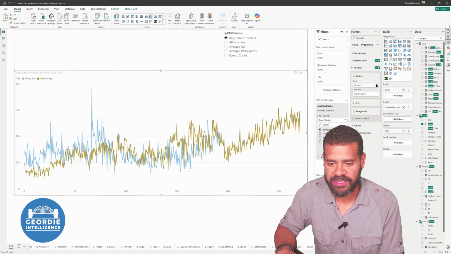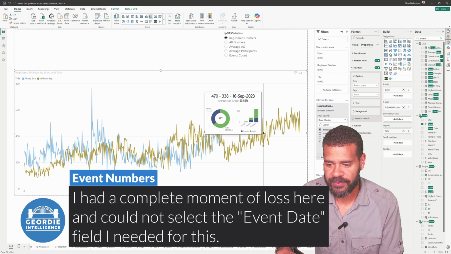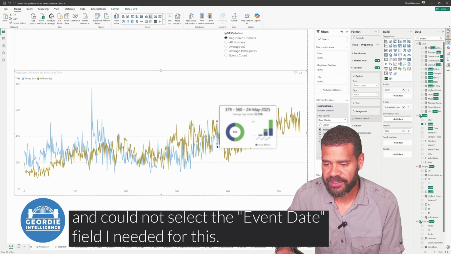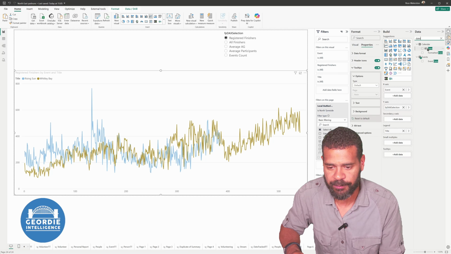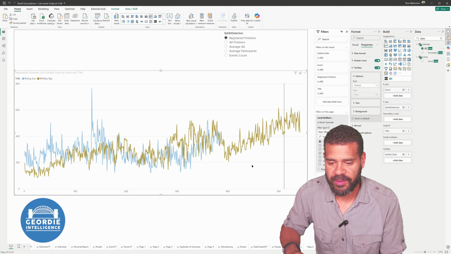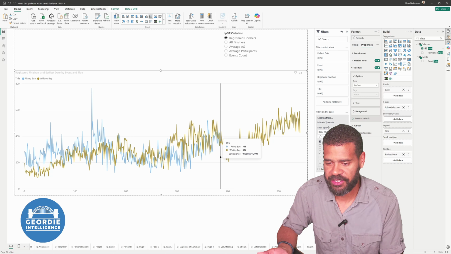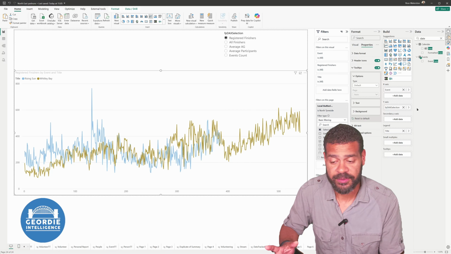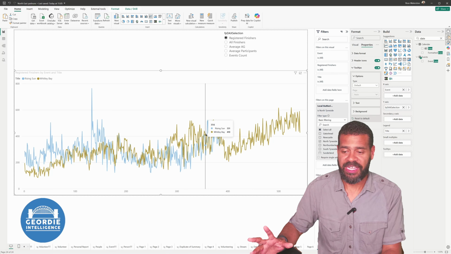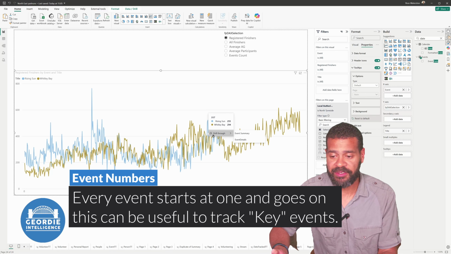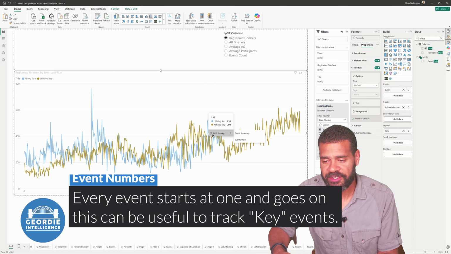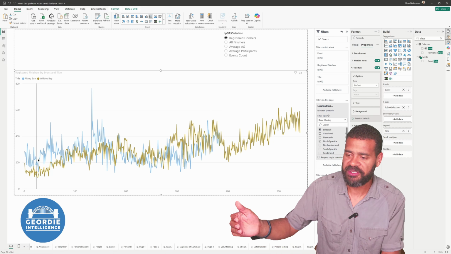Okay, let's see, does that report page work? Tooltip, there we go. Let's go to default tooltip, and let's put date in the tooltip. Okay. There we go. So we can see we've got January 2009. It's not going to work for us, is it? So annoying. Anyway, we can see that potentially these are going to be different dates. We know, for example, that Whitley Bay started at a different time to Rising Sun. We know that, but this is letting us see over time how have they